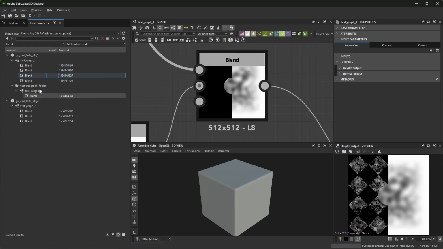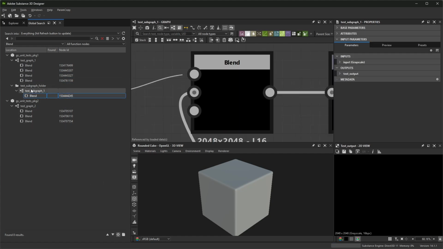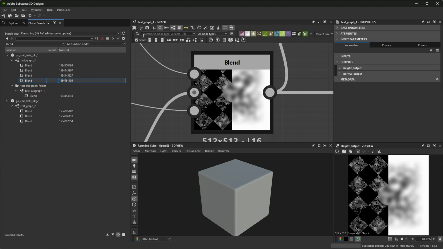When I'm on a blend node here, it's showing me the node, but if I go to a subgraph, in fact it's opening that subgraph also. And here I'm back in test graph 1. So this navigation is great, but unfortunately, it's not fully working. It depends on the nodes. Currently, with the